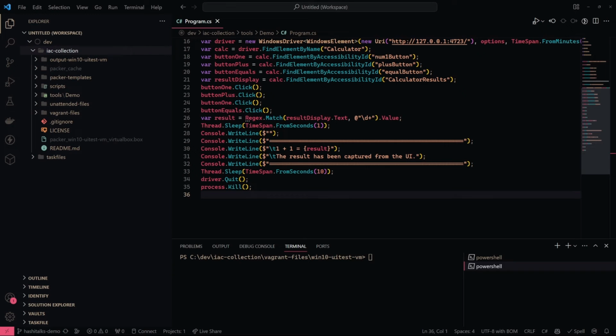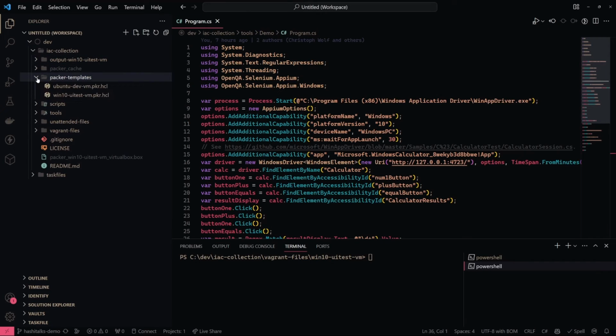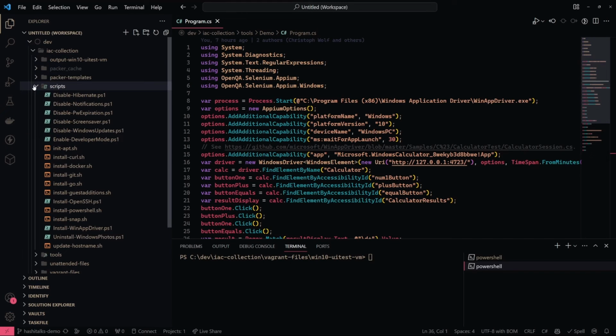Okay, so let's get started. I have all of this code in my IAC collection repository on my GitHub. You will see the link at the end of the presentation. I have things in there like the Packer templates that I've been using for this stuff, so scripts,